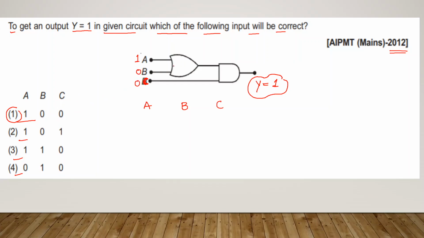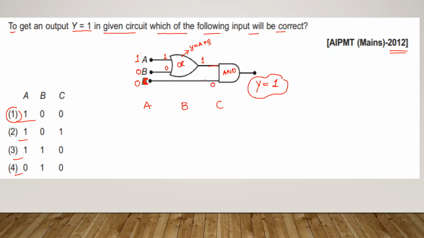Which gate is this one? This is a leaf-like structure. This is OR gate. What is the output of OR gate? It will be y equals A plus B. So what are the inputs? Here it is 1 and here it is 0. So what will be the output? It will be 1. This one is applied to this gate. Which one is this gate? This is a D-like structure, which means AND gate. Now this 0 is applied here.